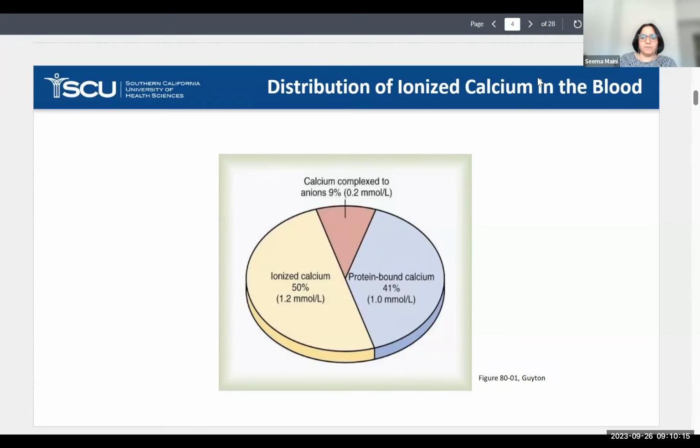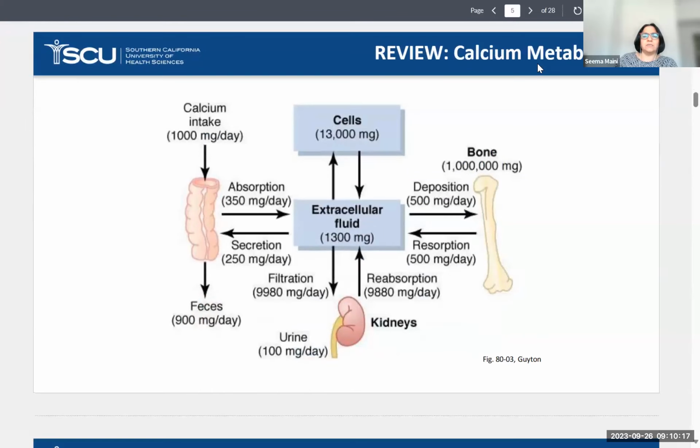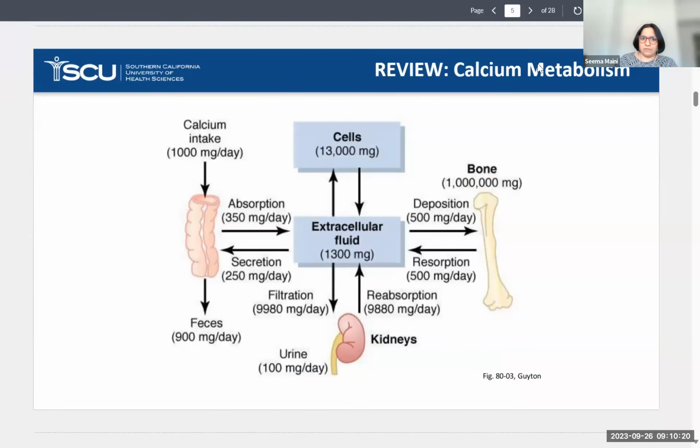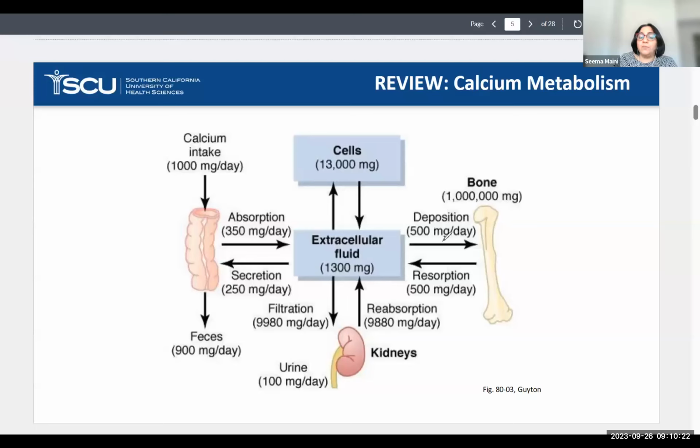Now, this is the intake and output of calcium ions. In your bones, you have like 1 million milligram of calcium ions. Every day 500 milligram of calcium is deposited and 500 milligram is dissolved from the bone into the plasma. Cells have 13,000 milligram of calcium ions, and there is exchange of only like 1/10 of it with